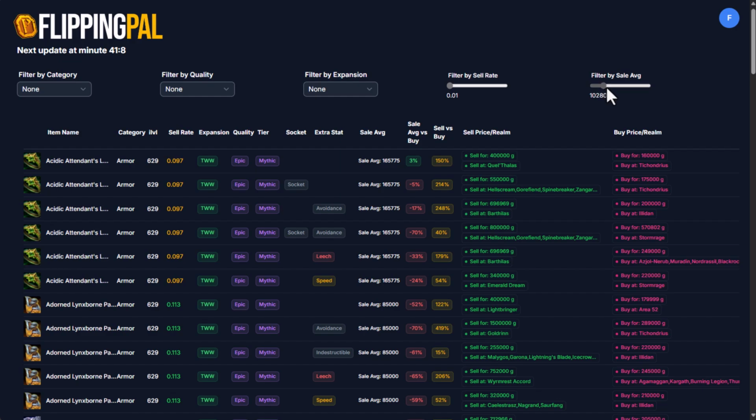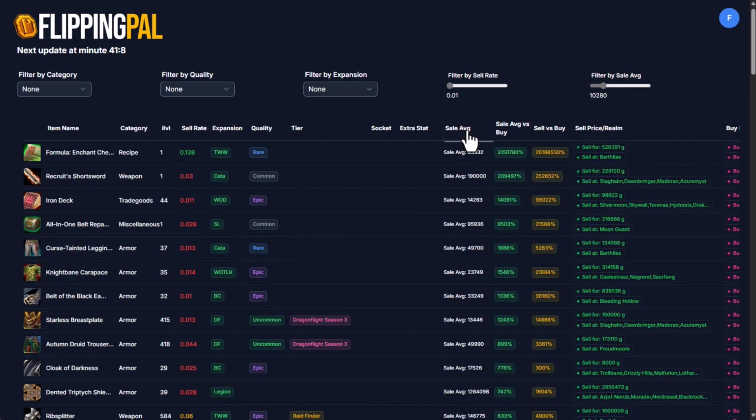So anything below 10,000 gold for the sale average will not pop up. Let's get the sell rate to 0.01, and we'll leave all these different filters to none, so we're not going too in depth and we have a bigger range of items. Let's click on sale average